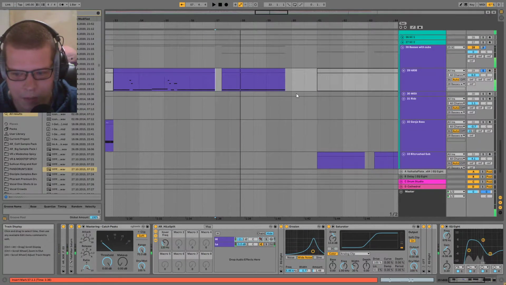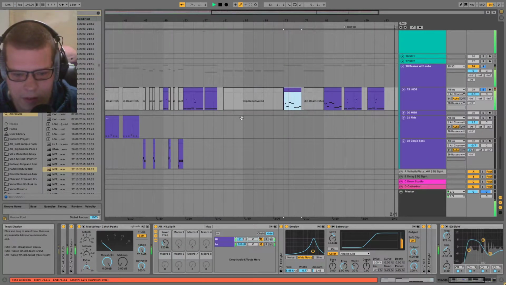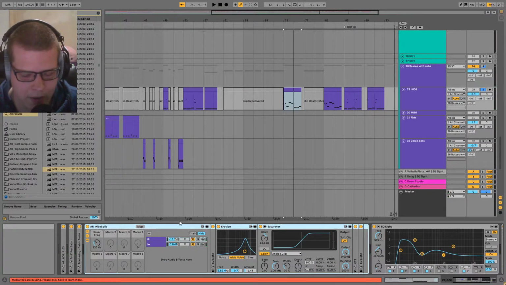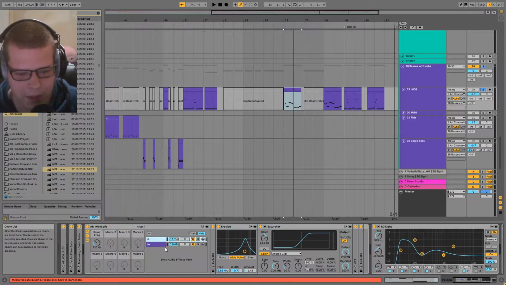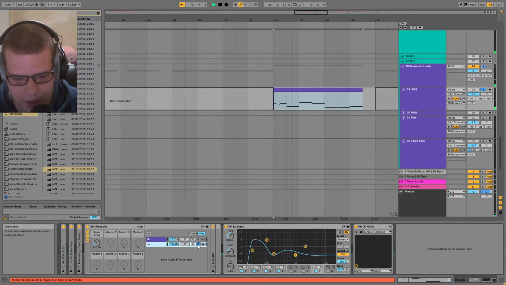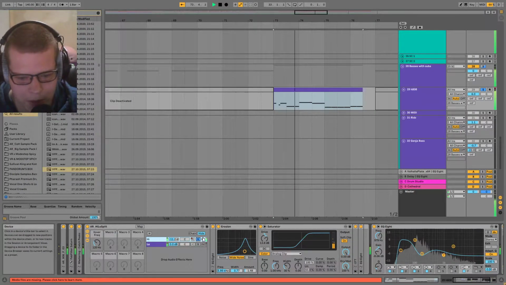Sometimes it's cool to just mess around with presets. And I still do this sometimes. But yeah, just splitting the frequency bands up so I can keep a clean sub and mess up the top.